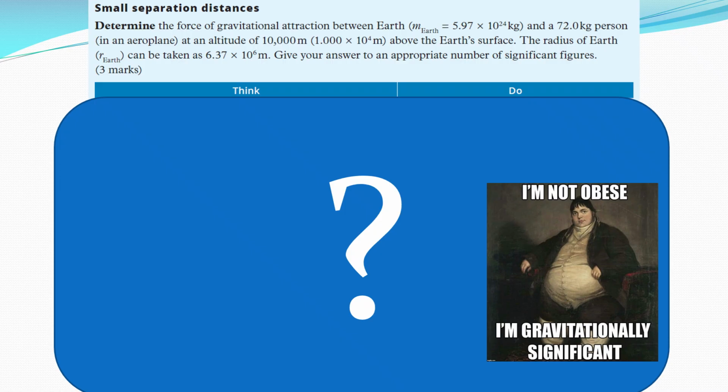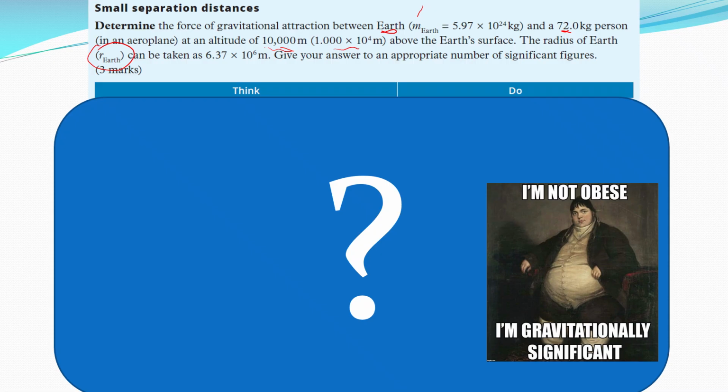So here we go. Determine the force of gravitational attraction between the Earth and a 72 kilogram person in an aeroplane at this altitude. Note how we've written it out there, 10,000 meters and scientifically, same thing. So we're 10,000 meters or 10 kilometers above the Earth's surface. We're going to add the radius of the Earth into that R squared number that we're going to put into our calculation,